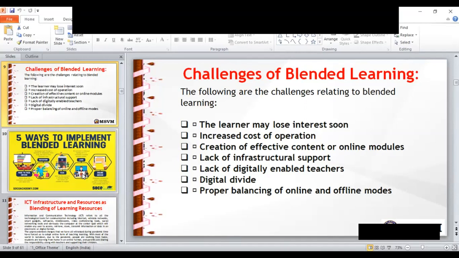So it is very important to have a particular session on how we can create a PDF. It means a digitally literate teacher is very necessary in this type of blended learning platform. Then the digital divide, we will also discuss digital devices, and proper balancing of online and offline modes.